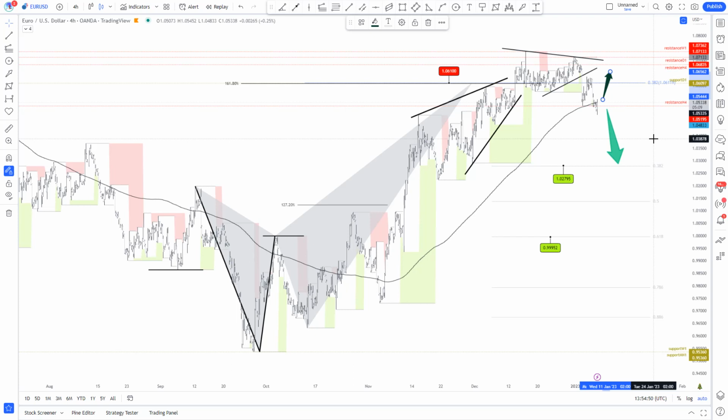If you have made your back test, and if you know that historically there is a probability for those patterns to work, the harmonic patterns or any other, if there's a probability for the price to break in a specific direction, use that edge in your favor,